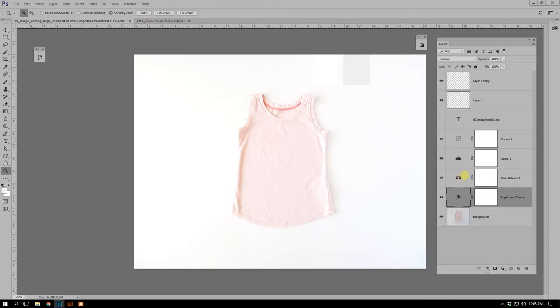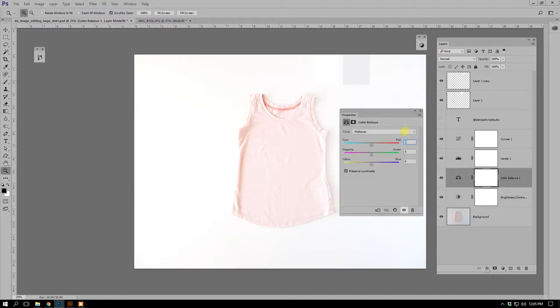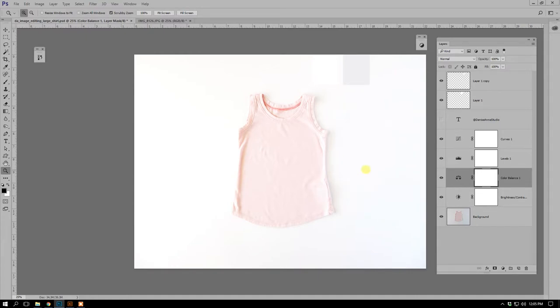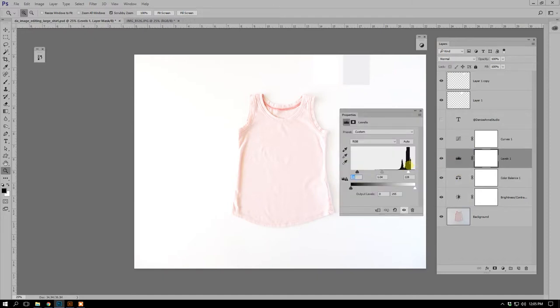and I'm not really going to go into the color balance because we're really not going to need that. Well, I'll show you real quick. I made some adjustments here in the highlights and a small adjustment in the shadows. So not really too much adjustment to that, but you're not going to really need to do that for the mock-up section. So here's the levels adjustment,